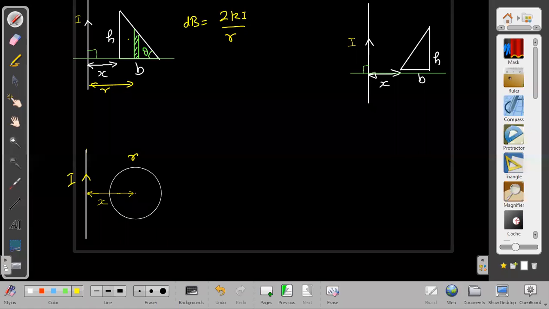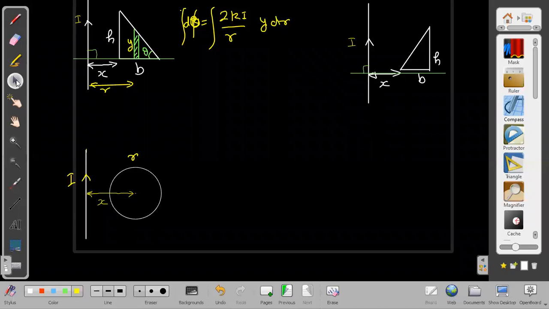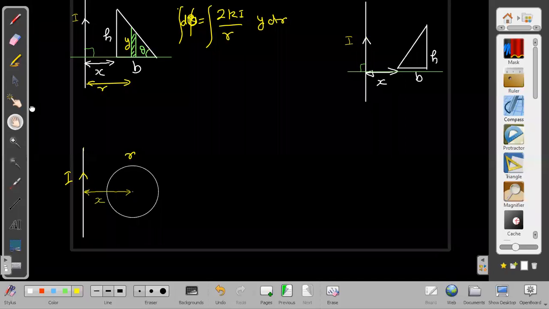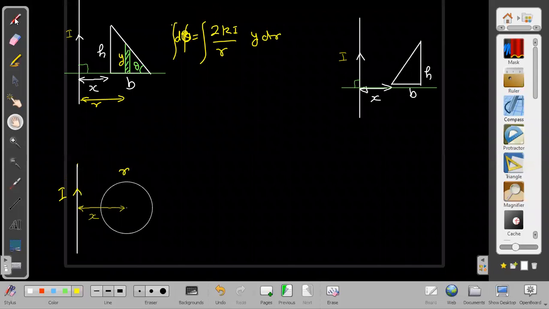This height, let us say it is y height. Then I can say the area will become y into dr. So I am taking the total flux now, because B is also taken, the area is also taken, and these are already at 0 degree angle with each other. I am assuming the angle to be 0 degrees. Both are along minus k cap. The area vector is my choice, I want to take it upwards or inwards. Otherwise also we are interested in the magnitude of the flux. The direction we already know.